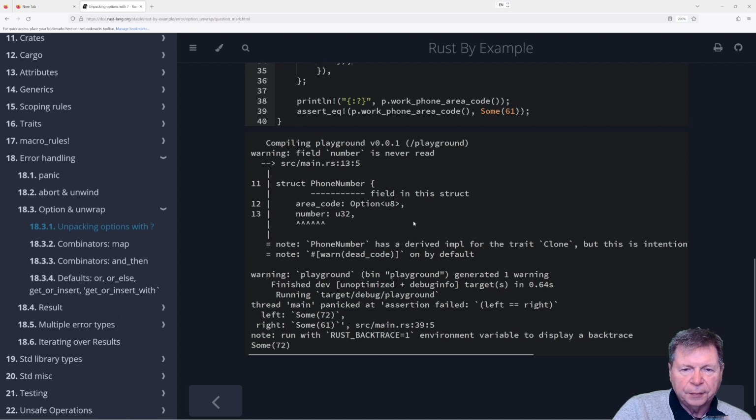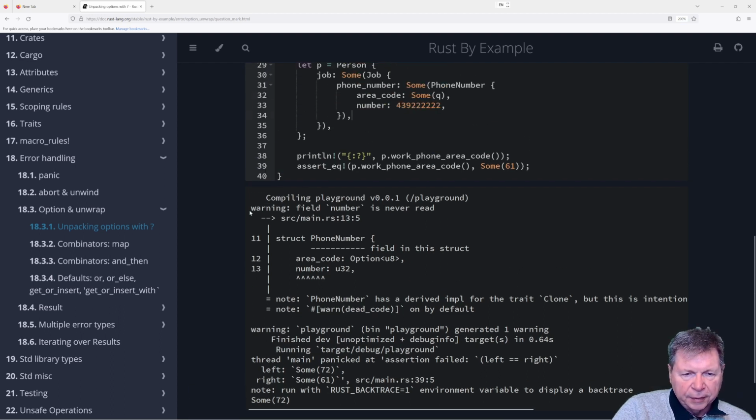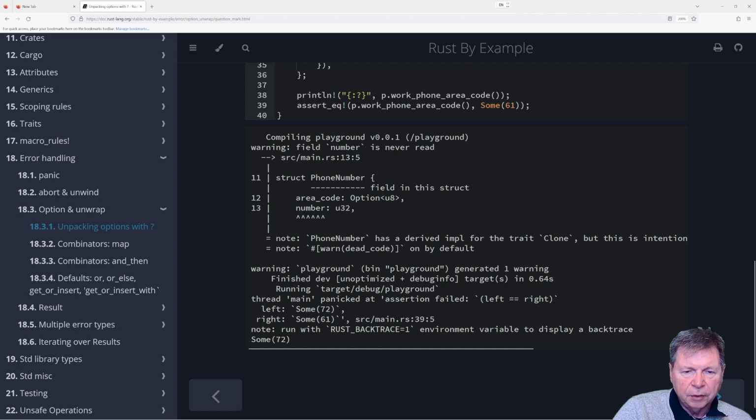Oh, hang on a second. I got a couple errors. Warning, field number is never read. Struct PhoneNumber, field in the struct number. Oh, it's a warning, and we were skipping over the warning. Hang on. Note, PhoneNumber has a derived implementation for the trait Clone. Okay, dead code.